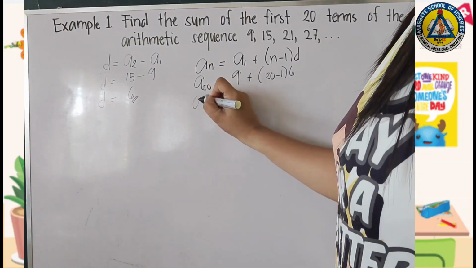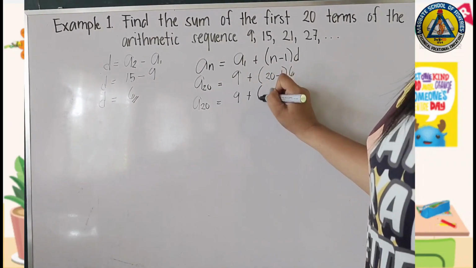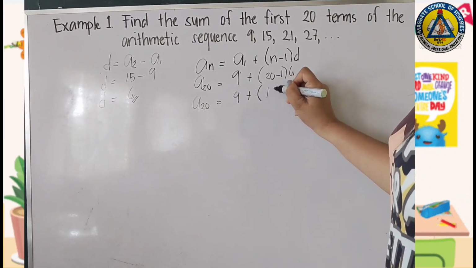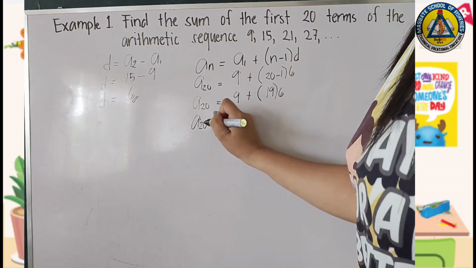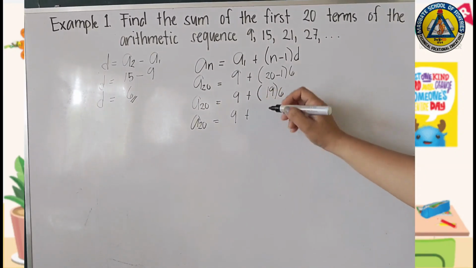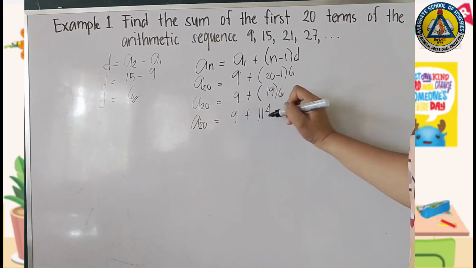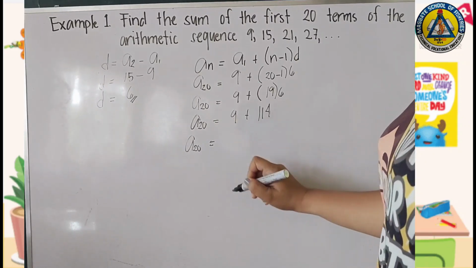So we have a sub 20 equals 9 plus 20 minus 1 is 19 times 6. a sub 20 equals 9 plus 19 times 6, which is 114. Therefore, the 20th term of the sequence is equal to